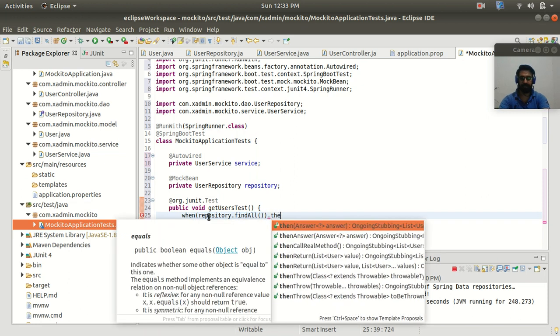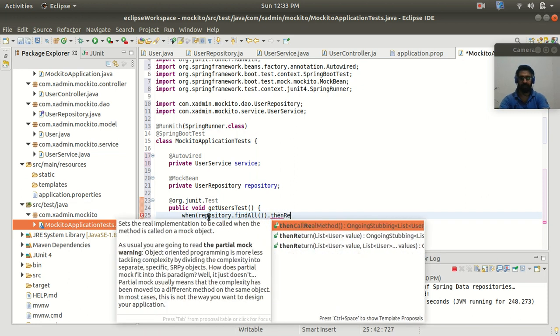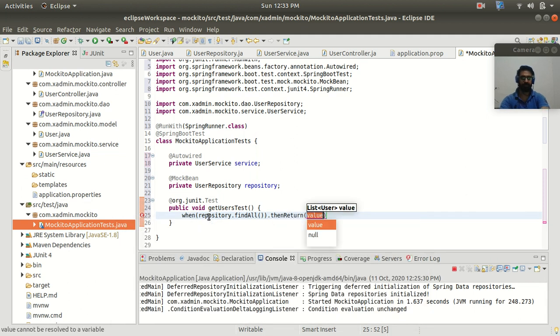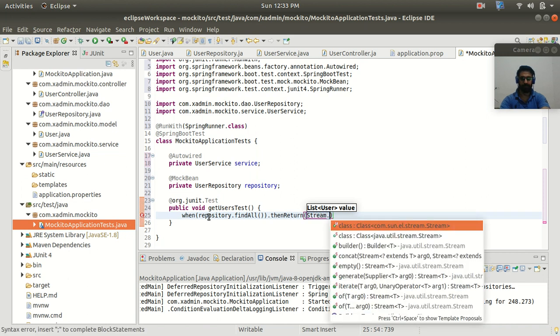Then, for the return, I will use thenReturn. Here I want to mock the value. It means that I will provide a dummy value to test my functionality so that it will not hit the database, right? So let me create a dummy and mock this.